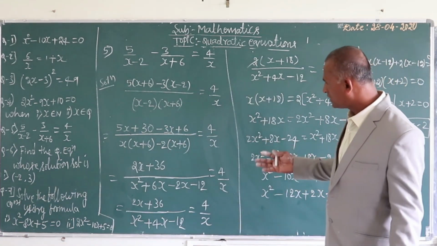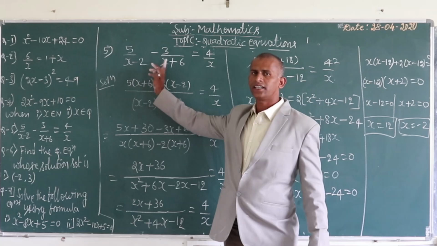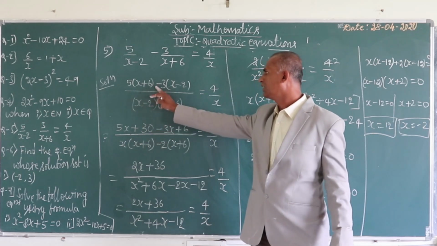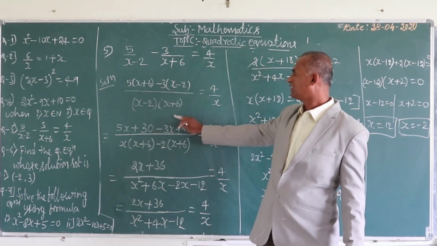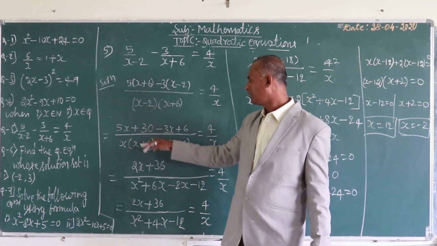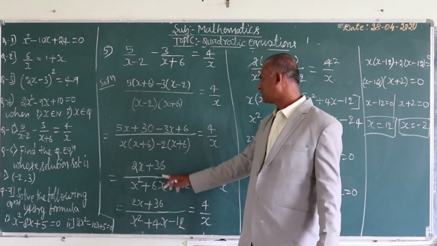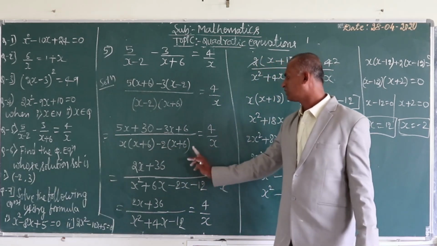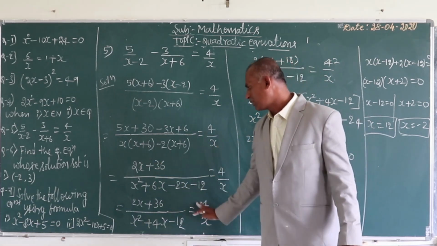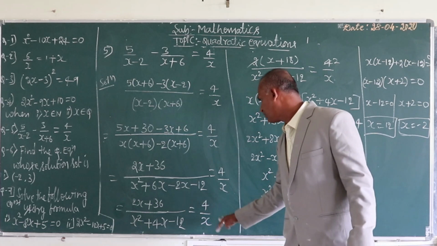If you feel it is a little bit fast, I will repeat the steps once again. What I said: the second denominator multiplies to this, the first denominator multiplies to this. I wrote 5 into x, 5x; 5 sixes are 30, minus 3x, and minus into minus plus 3 twos are 6. Down we wrote as it is. By using x we multiplied this, and by using minus 2 we multiplied this one: x into x, x square; x into 6, 6x; minus 2x; minus into plus, minus 2 sixes are 12. Here 2x plus 3x is 5x, 6x minus 2x is 4x. x square as it is, this 12 as it is, this 4 by x as it is.